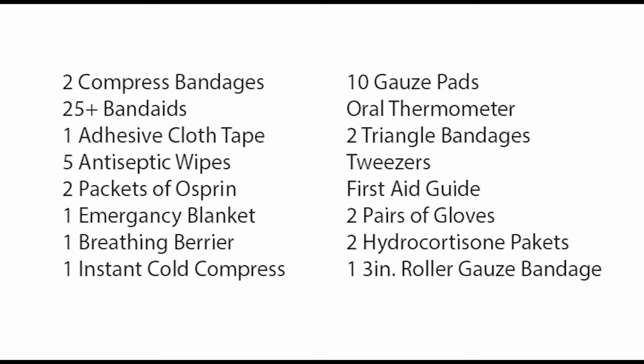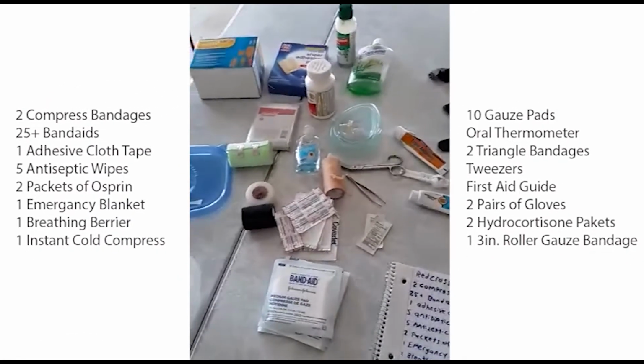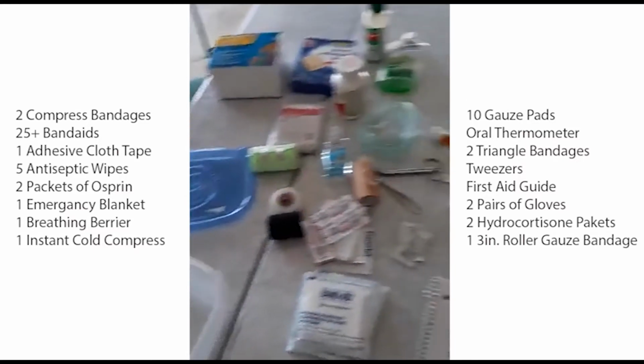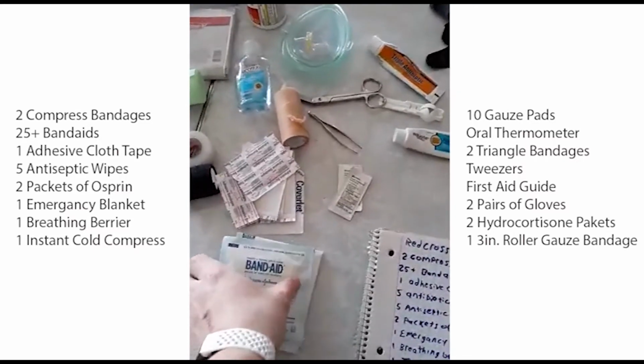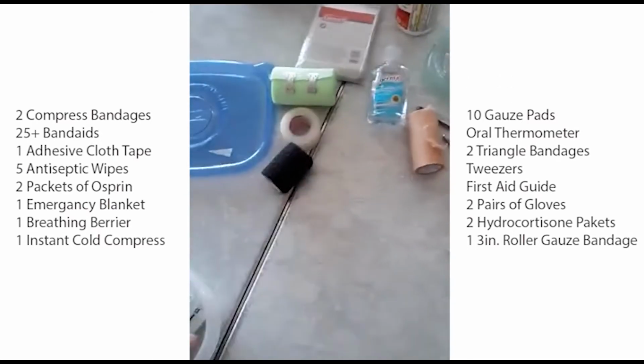This is the list Red Cross recommends if you're going to make a first aid kit from home or for in your car. So I've gathered a collection of supplies from our medicine cabinet so I can put it into our first aid kit for us. So we have some gauze,